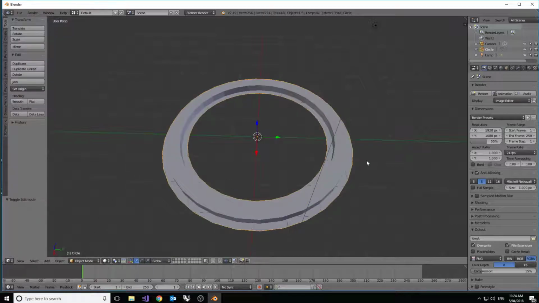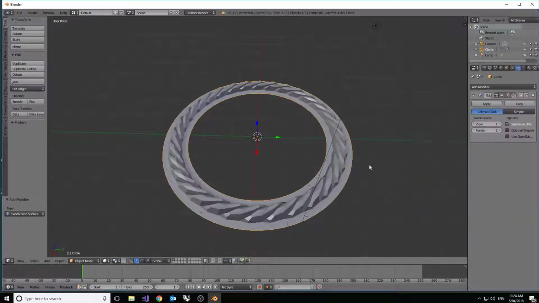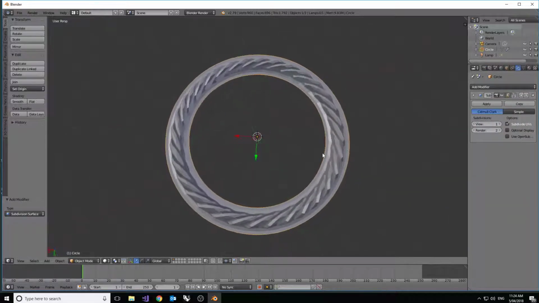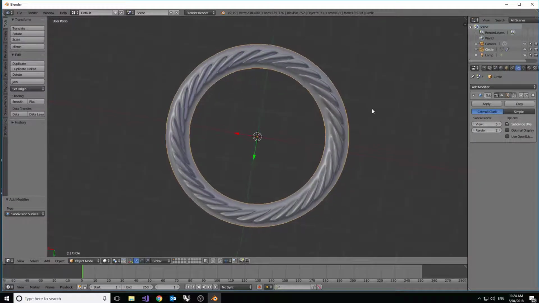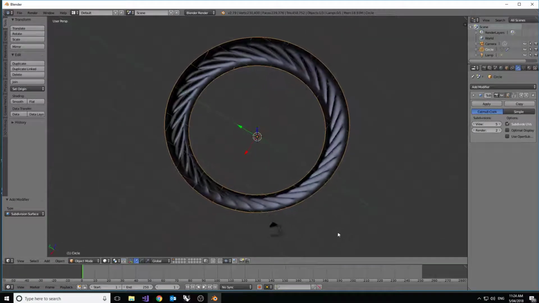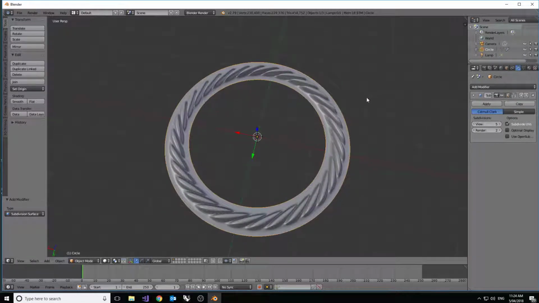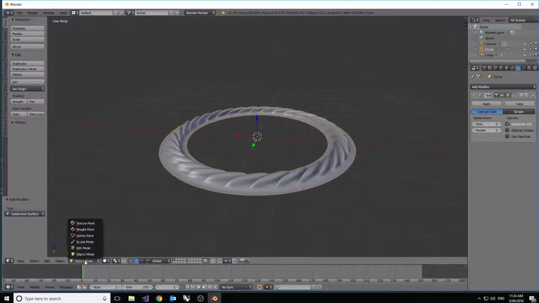With the object highlighted, go over to its properties and add a modifier, which is a subdivision surface. Alright? Start seeing what's happening, and start adding subdivisions to it. And as fast as that, you have a twisted rope, a flat twisted rope thing that you're ready to start working with. It's actually one of the most fantastic things I've seen happen as yet. Very, very clever.